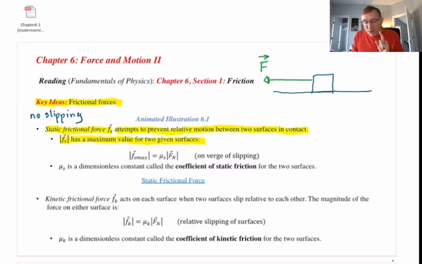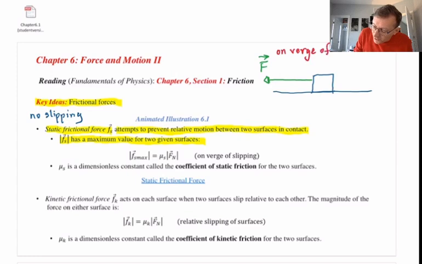This applied force is so big that if I pull even the tiniest bit harder to the left, the block's going to slip relative to the table. So when I'm in that situation, where my applied force is so big that if it's just the tiniest bit bigger, the block's going to slip, we say that the block is on